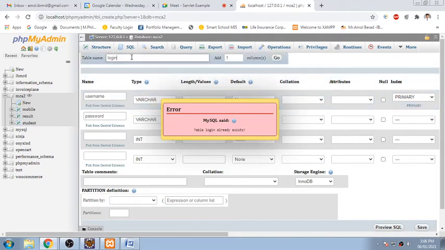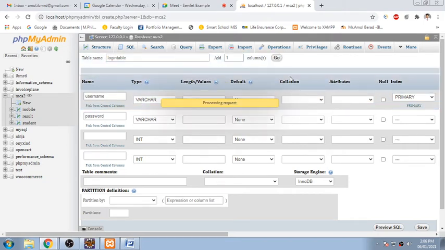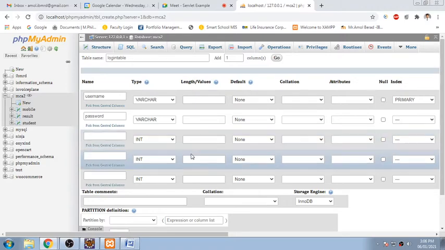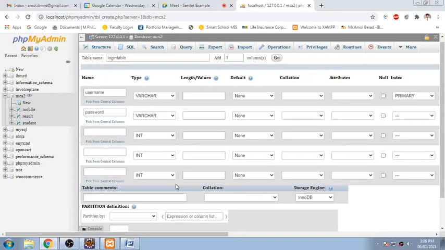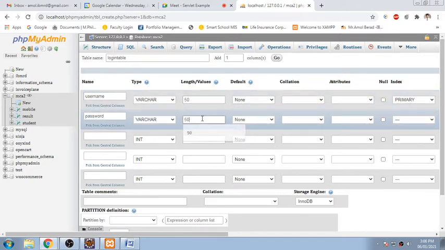Okay, I think it is there in some other table, so I will call it the login table. So username and password, and say go. The length will be 50 and again password with 50.